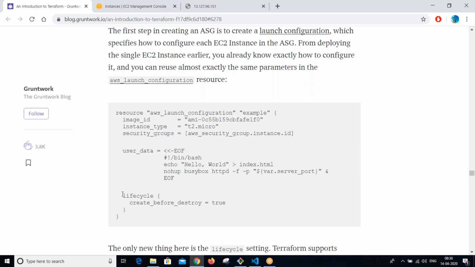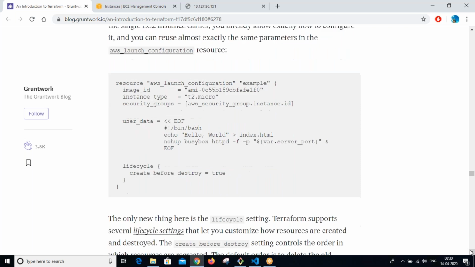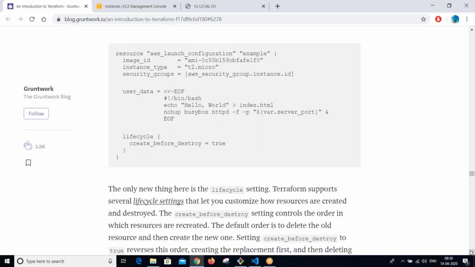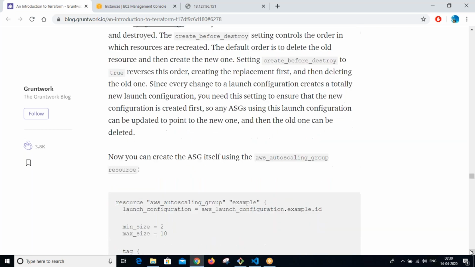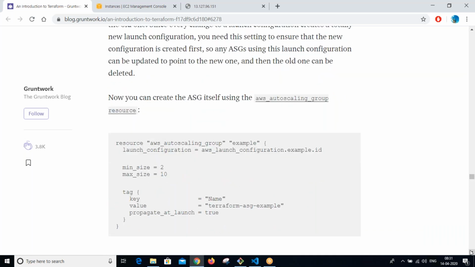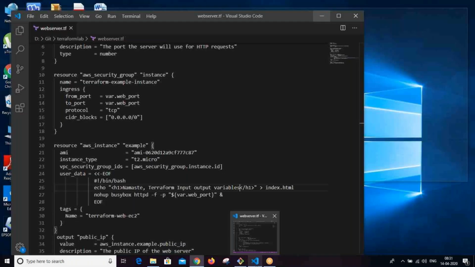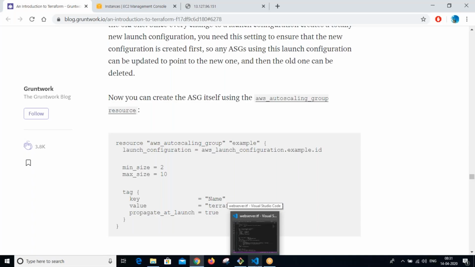Then after that, just scroll down again. Yeah, only new thing is lifecycle. Okay. So now you can create the ASG. So auto scaling group, if you create, then it will be scaling up. Yeah. So first you add that lifecycle to your resource